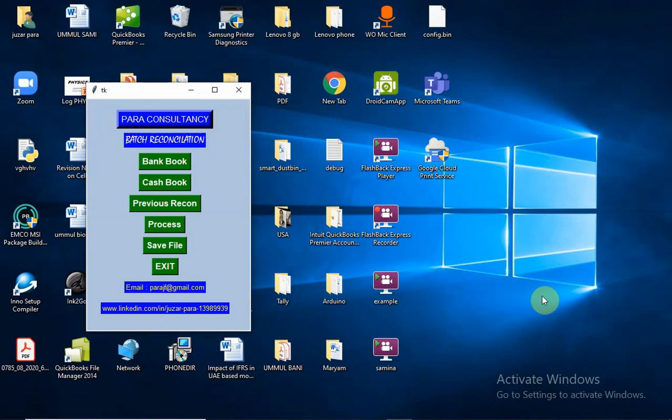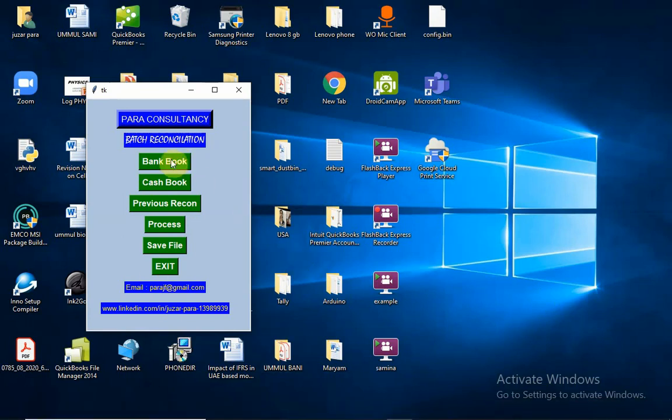When we are able to make a batch of the banks and reconcile them at one time. Let's say we combine more than one bank, maybe 2, 3, 4, 10, and reconcile them at one time. First, we will see how the app works.